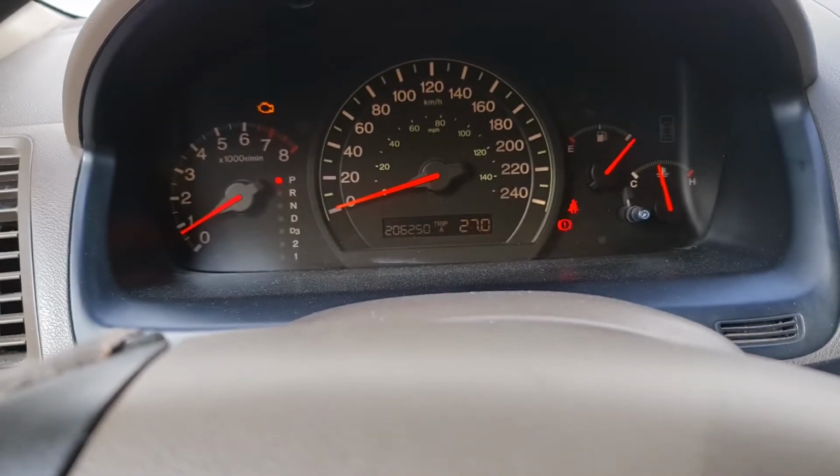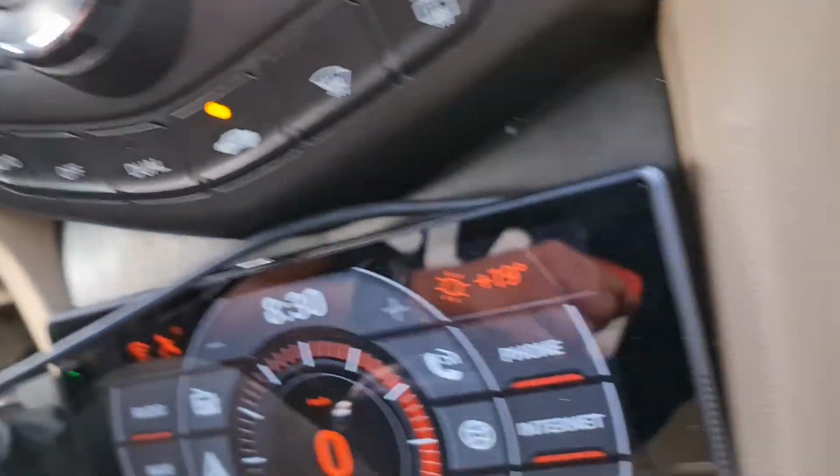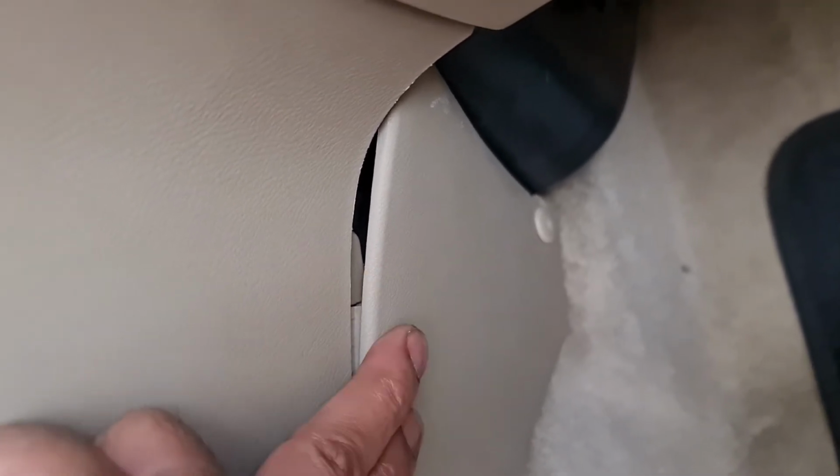If all of that checks out, the next thing you all should check is on the kick panel on the passenger side. In here is your PCM connector, and if you open this, you'll see the connector and you'll be able to see the connector plugs. Just push that in a bit, and then also on the driver's side here